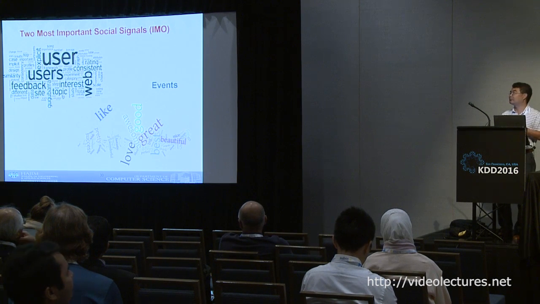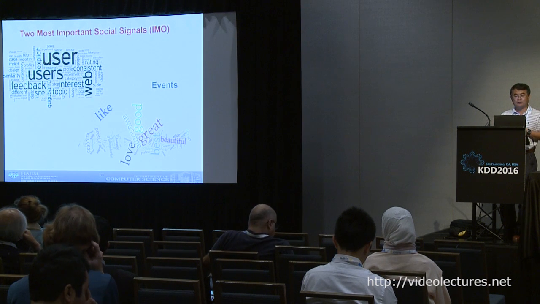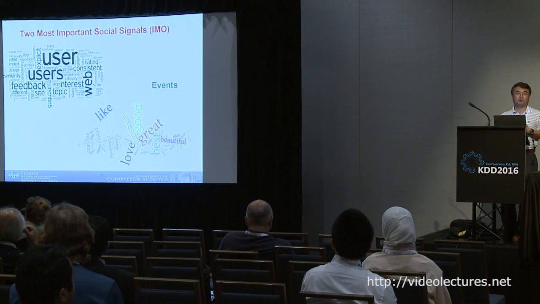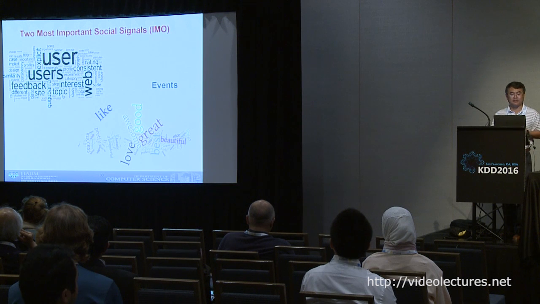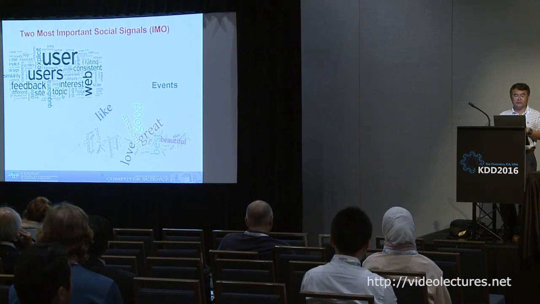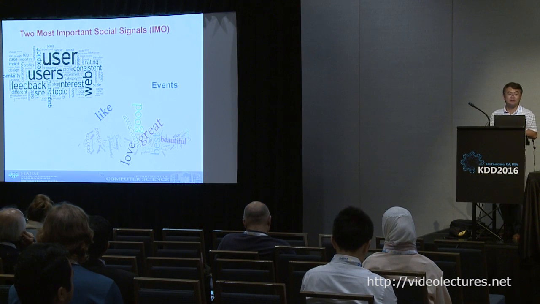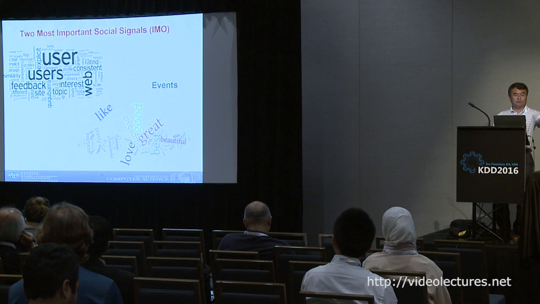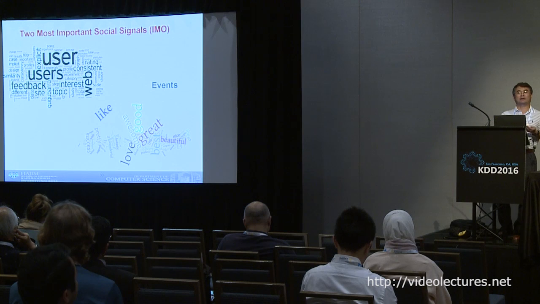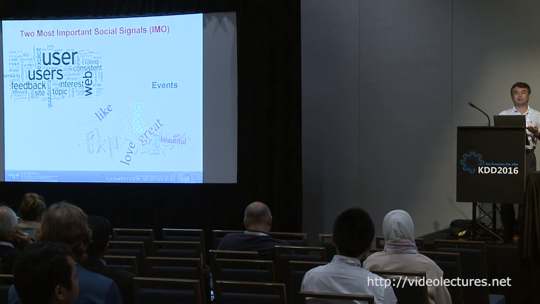So that's sort of like a teaser for what I'm going to talk about more in the next hour or so. In my opinion, these are the two most important social signals you can extract from social media. One is user information. The other one is sentiment. I think Yuheng has talked a lot about the events, and then he also related the events to sentiment. Essentially, in the end, what's the social aspect of events? I would argue it's sentiment.